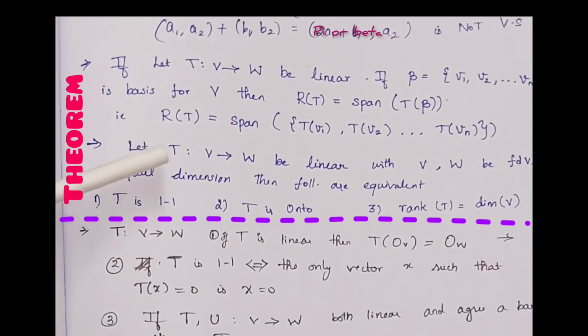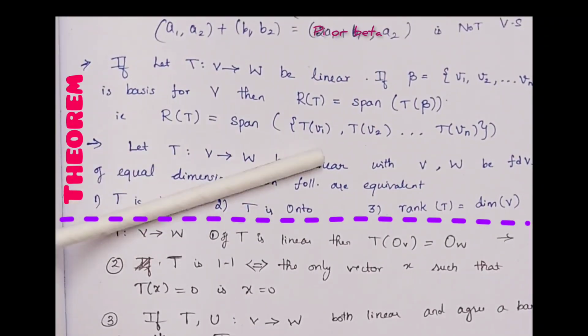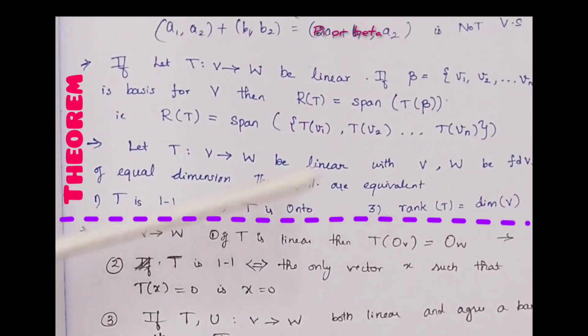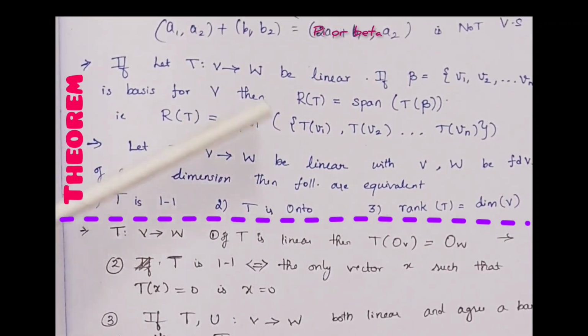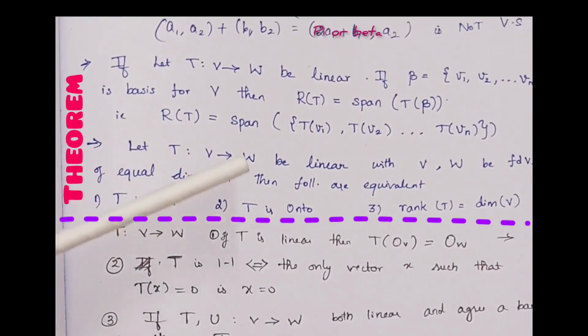Another one: let T from V to W be linear, where V and W are finite-dimensional vector spaces of equal dimension. You can't ask why T is not from V to V; it is from V to W. There are some vector spaces which have equal dimension but are not equal. In such a case, like we can take